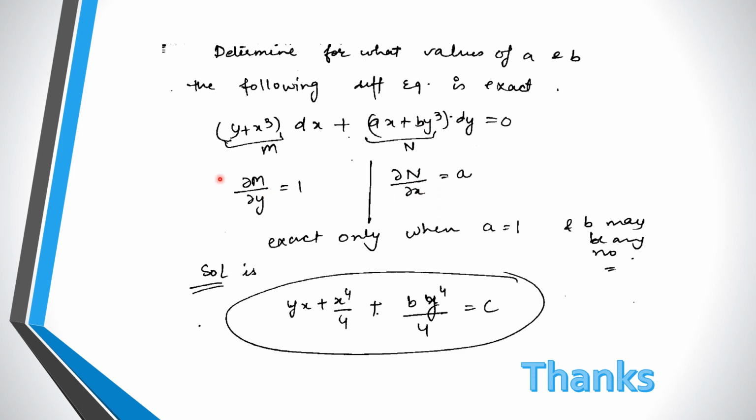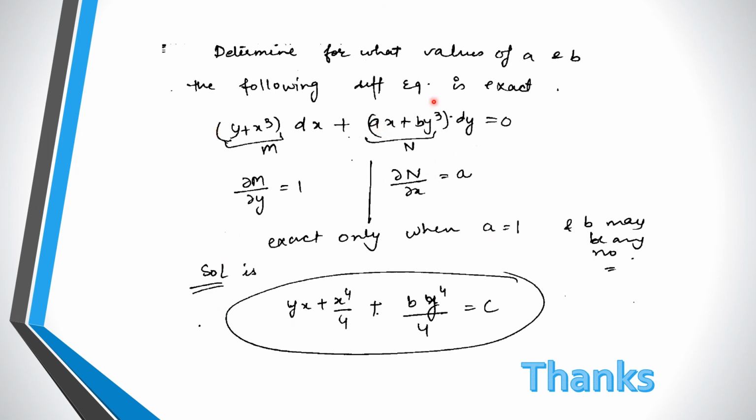So we find out the partial derivative of m with respect to y. This is 1. Here it is a. Since given that this equation is exact, so we put this to be equal to this and we get the value of a is 1. But there is no condition on b, so it means b may be any number, any real number, right? So you can substitute the value of a to be 1 here and you can find out the solution,